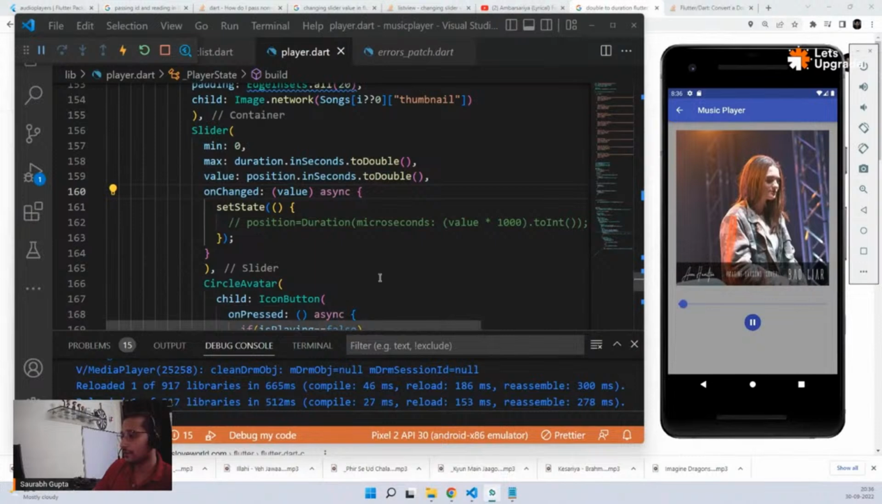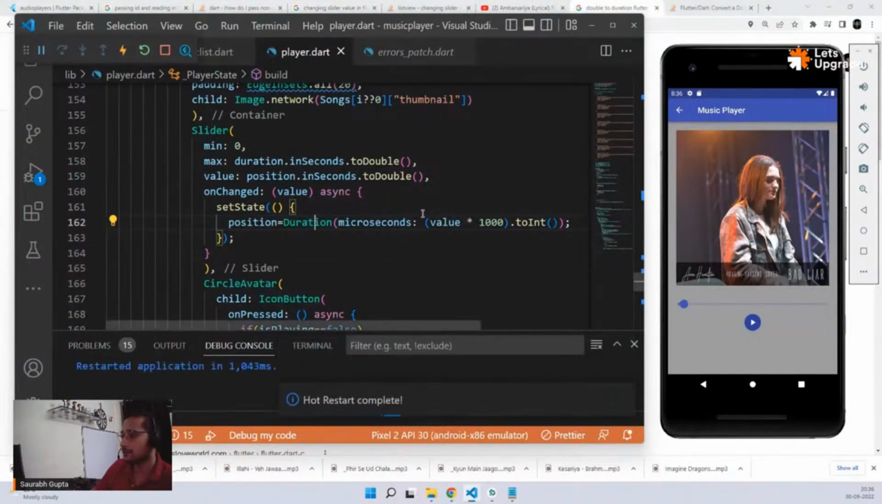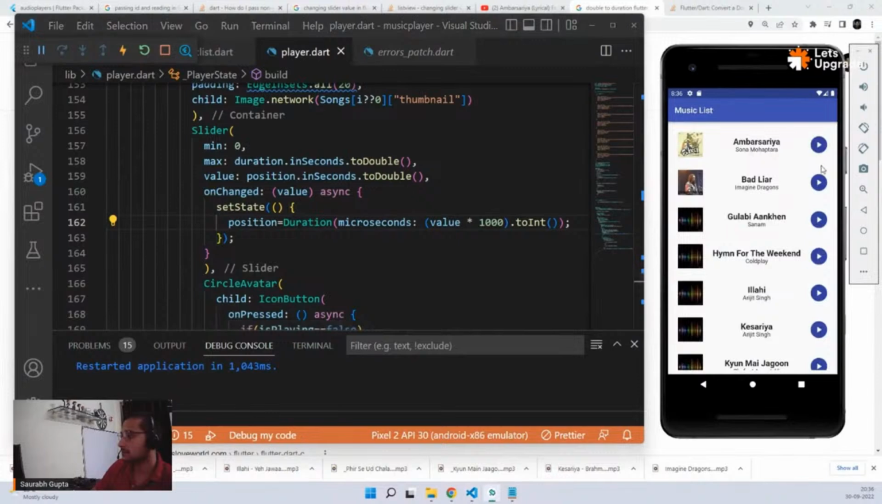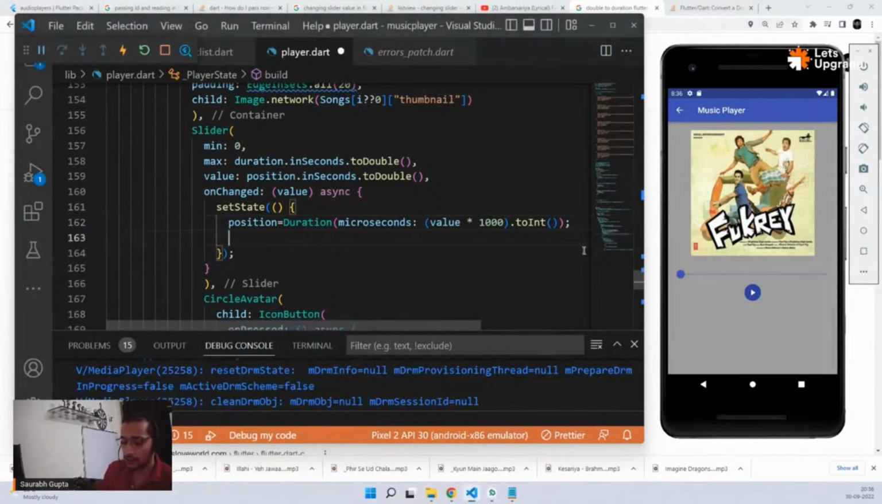No, I cannot move it. So let's see this now. Again, we have to restart the app. So let's restart the app. Okay, the position is going back. So I think I also have to seek the audio, not only change the position, I have to seek the audio as well. So audio player,